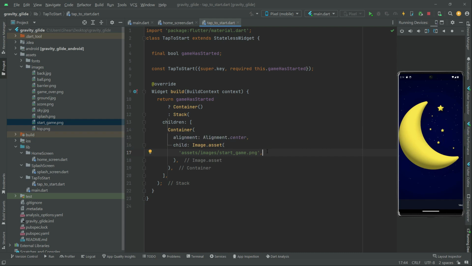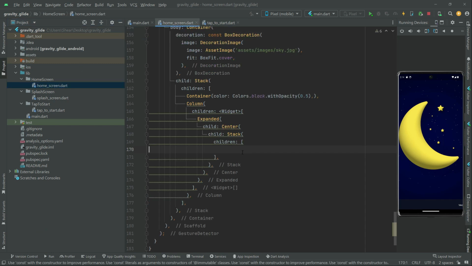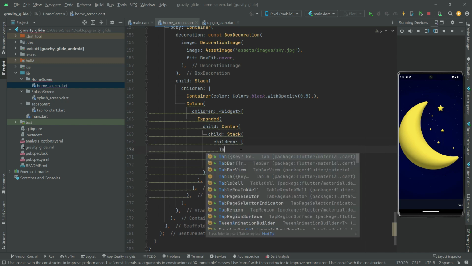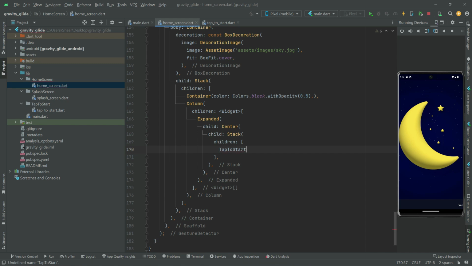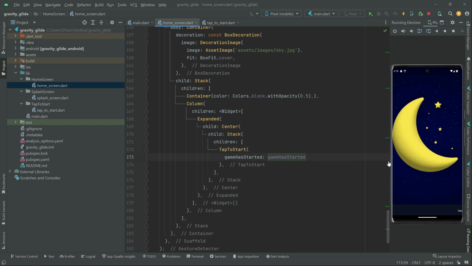Now I'll show you the result right at real time. So what we will do, we will just copy that name from here and go towards the home screen. There's the home screen, and right in here you guys can see that we'll just call upon the tab to start, or you can just paste the name over here. Now in here comma, and we have to just have the game as started. Set this to game as started over here. As we created right in the tab to start the final variable, we have to set this to the game as started. Now you guys can see that red line. Tap on that red bulb, import this tab to start. So it's gone now. Now if we just hot reload the app,